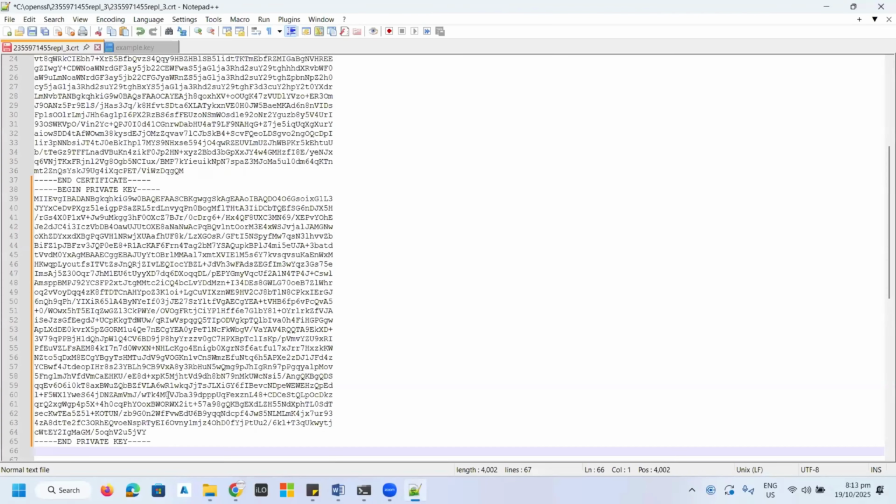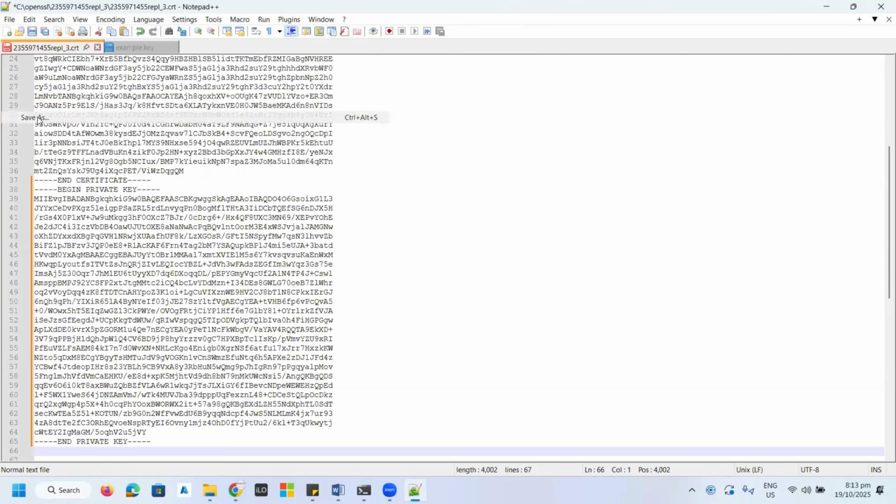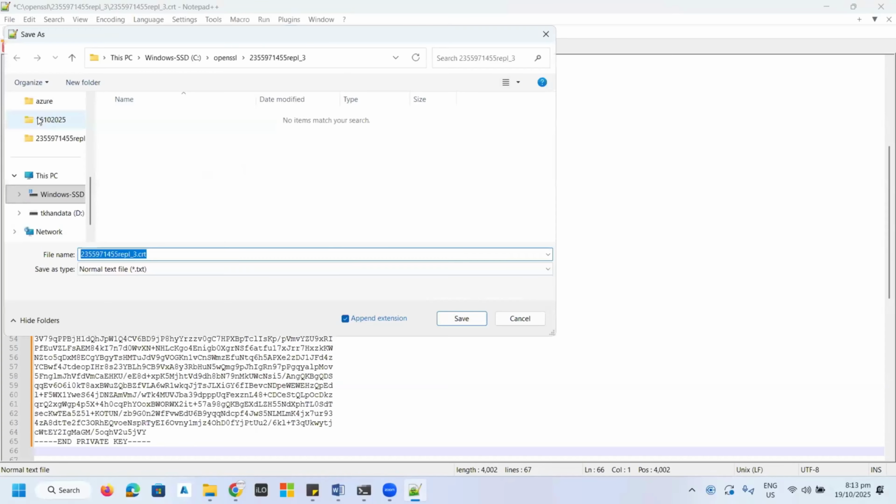When I combine the content of these two files, I click on the File button, and here I have the Save As option available. Now I just type the name, new certificate for nginx.pem, and in that way you can easily create the PEM file.